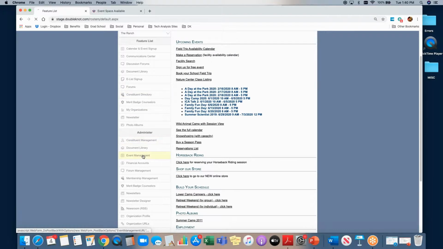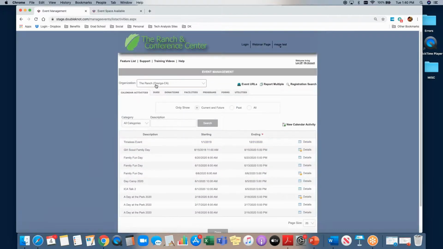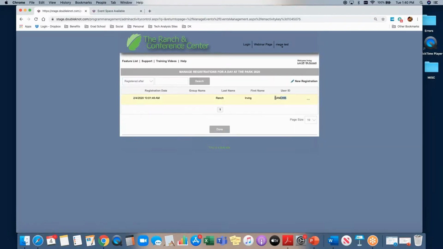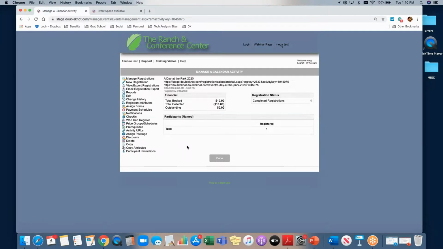So I'm going to actually go over to the event management right now and then click on that registration to see what the user ID is. So this Avalanche 15, that's the user ID. That's going to be their user profile. So say this person calls and they say that they didn't receive your communications. You can determine if it went to their spam or it got blocked by a firewall or something like that. If it wasn't delivered basically by us and the issue is on their end,